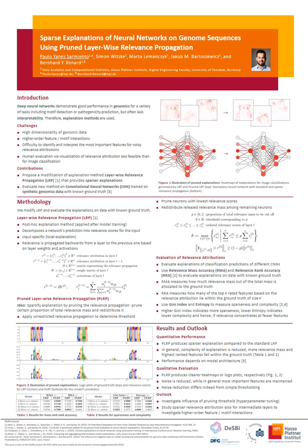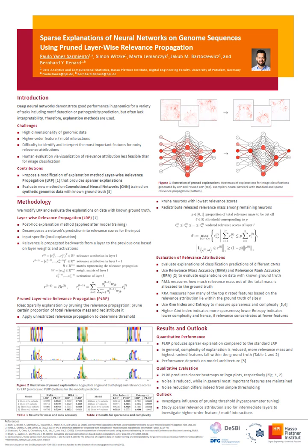So let me start with a brief introduction. As you might know, deep learning or deep neural networks have shown very good performance in the field of genomics for different tasks such as motif detection or pathogenicity prediction. But the problem we often have here is the lack of interpretability. These models often behave like black boxes, and therefore so-called explanation methods are used.